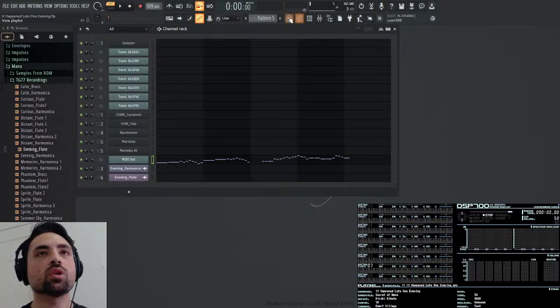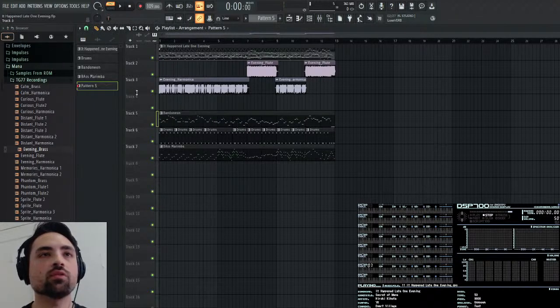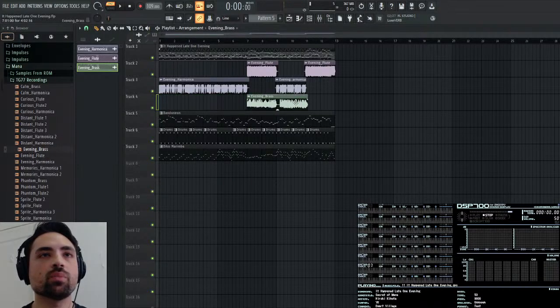So now we will go and grab the recording, and let me reread the browser so it shows up, evening brass. And let me insert a mixer, insert one track below everything. And then we can put this here, and let me get it to be just that second part.